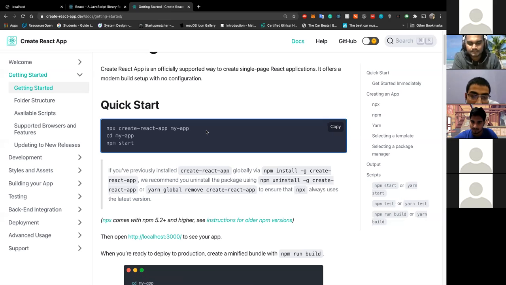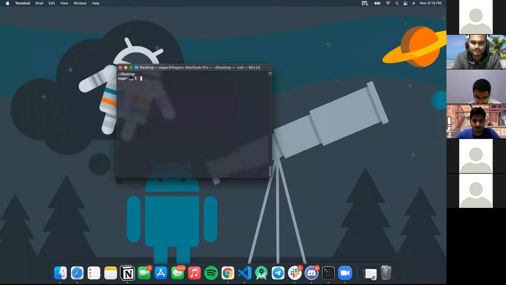We can run all the npm packages using the npx command, and it will just run that package and do whatever that package needs to do without installing it to our system. So if I have to run create-react-app using npx, I don't need create-react-app installed on my system. If I have node and npm installed, I can directly use the npx create-react-app command,